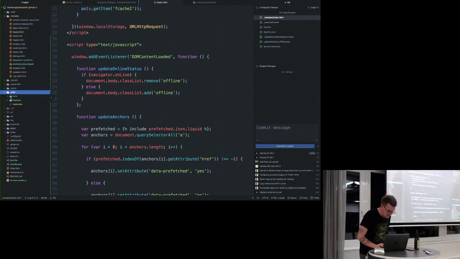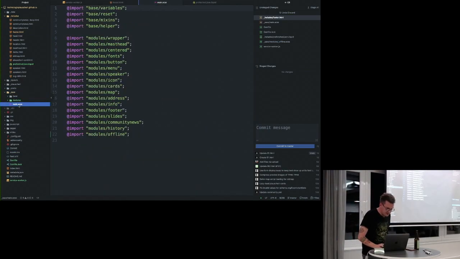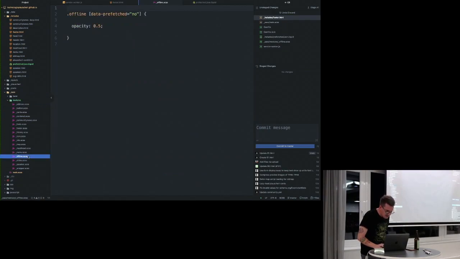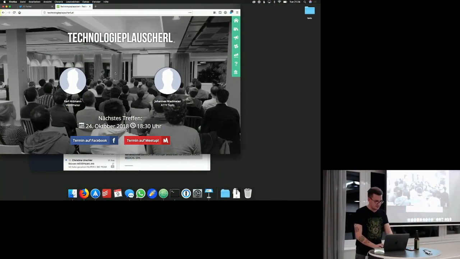And when we have a look in the offline SCSS, I set the opacity to 50% if the attribute prefetched is set to no. And what this does is, if we're going offline here,